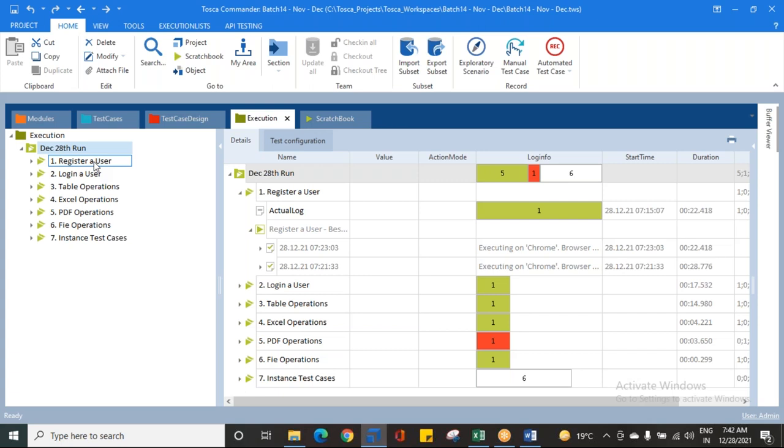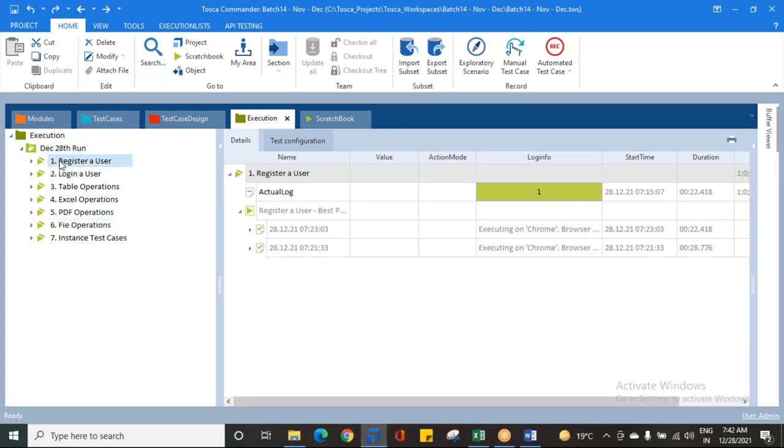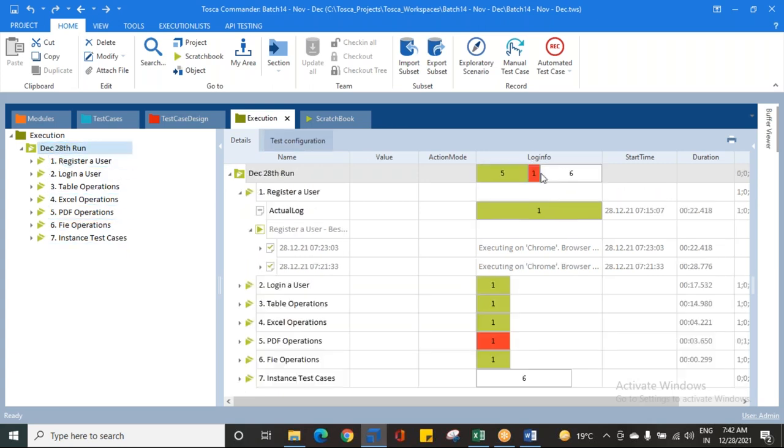Now you will say to him, boss, see, for example, let us take how many test cases we have. For example, the execution list has 12 test cases. Let us consider each and every test case takes 5 minutes. Simply, I'm just giving you an example. So you have 12 test cases, 12 into 5, 60. 60 minutes means if you run the test cases, it will take 60 minutes only for